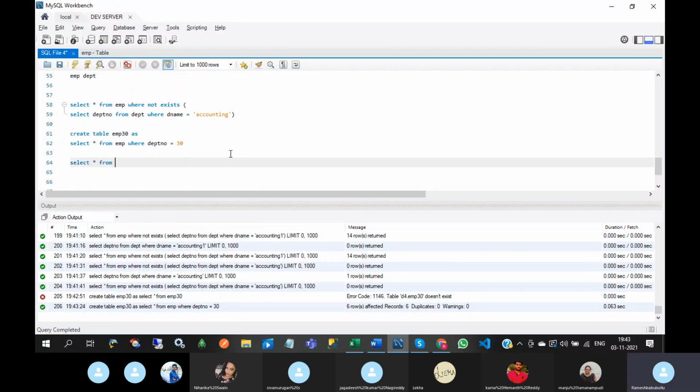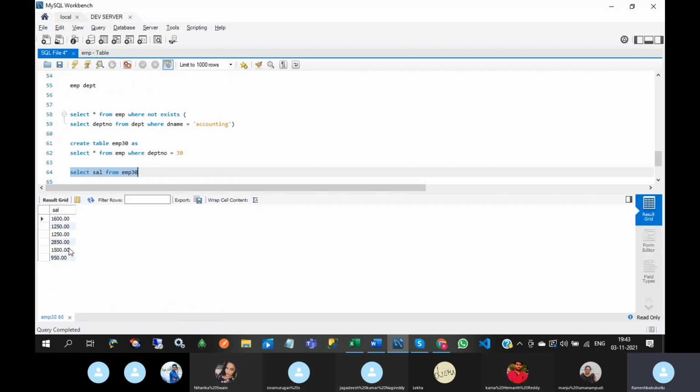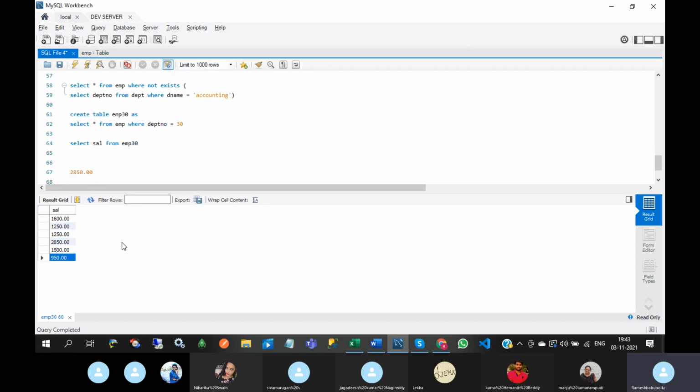Now I'm going to fetch the records in EMP30. So 6 records are there, and I'm going to fetch the salary. See this. The maximum salary is 2,850. The minimum salary is 950.